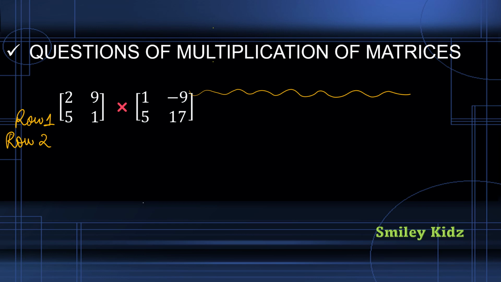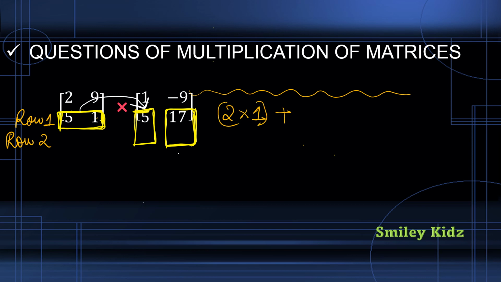For multiplying two matrices, first take the row 1, that is 2 and 9. You're going to multiply row 1 with both the columns of matrix 2. So firstly multiply row 1 with column 1, which means 2 into 1